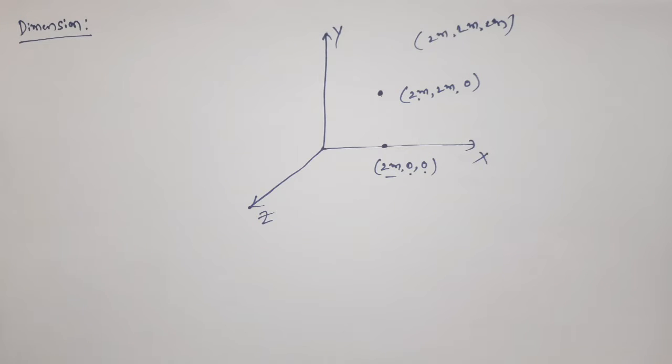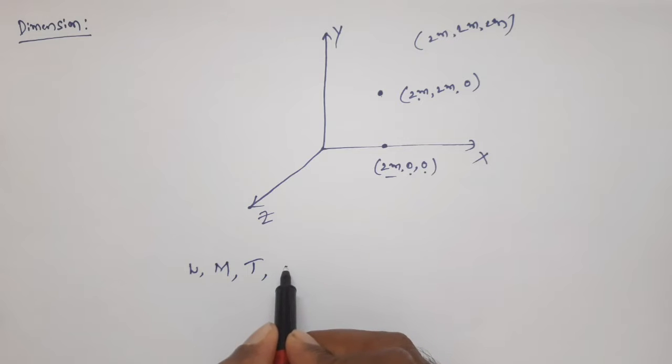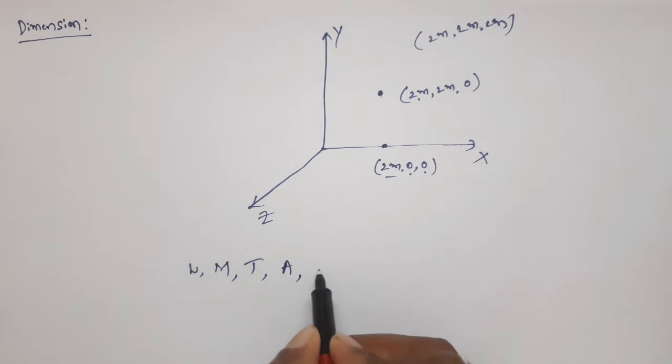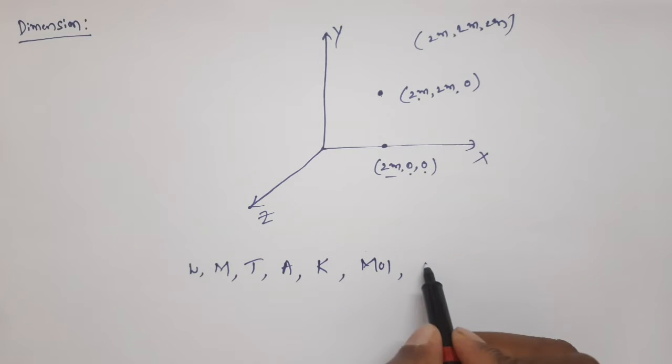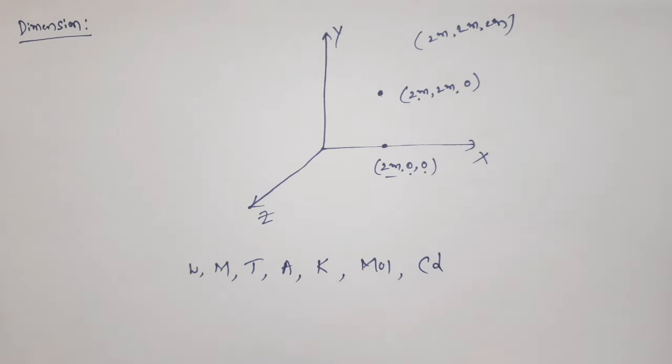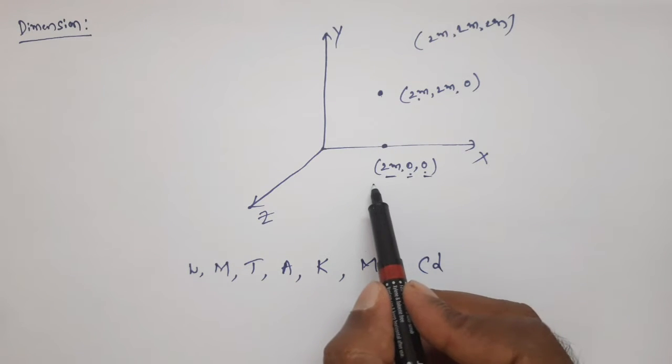In a similar manner, in physics, if we take any physical quantity, it can be represented only in terms of some of the 7 fundamental physical quantities. So for every fundamental physical quantity, we assign a dimension. So what is that? For length L, for mass M, for time T, for electric current A, for thermodynamic temperature K, for amount of substance mole, and for candela we use CD, isn't it? So like this, here we have x coordinate, y coordinate, z coordinate, right? If you take any point, you will get only 3 values.